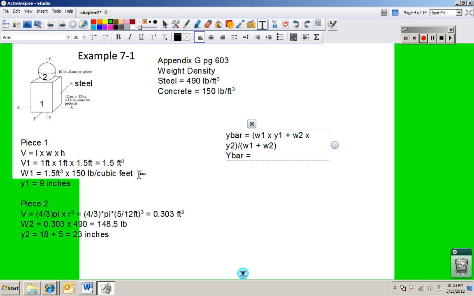oops, I didn't actually show you that before. It's 225 cubic feet times 9 inches plus 148.5 times 23 inches, that whole thing, divided by 225 plus 148.5. Okay, when I plug all that into my calculator, I get a y bar equal to